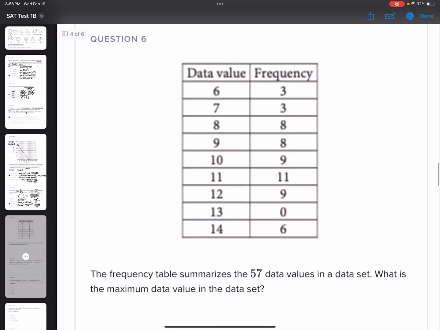All right, 6 is a pretty easy question, but the frequency table summarizes the 57 data values in a data set. What is the maximum data value in the data set? Okay, so this is just an elementary stat question. We're asked for the